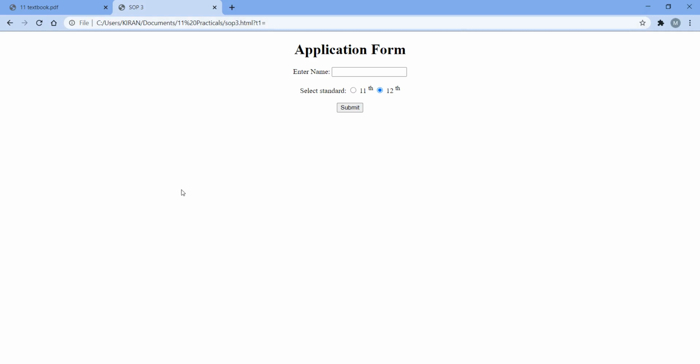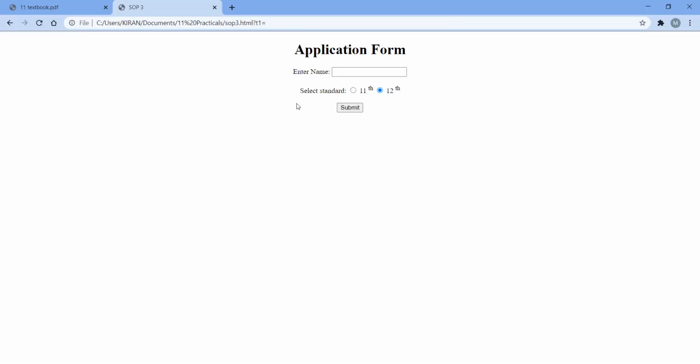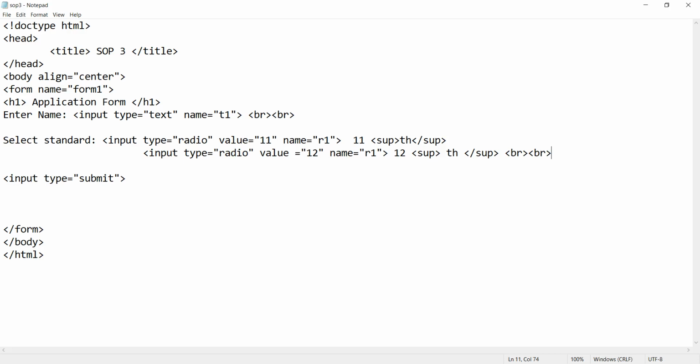Now you can apply other tags so that your form can look more beautiful. See, you can also apply a background color to this form. Again, if we want this text, enter name, select standard, in a bold format, then we just use a text formatting element, that is the B tag, and we place the text inside the bold tag.